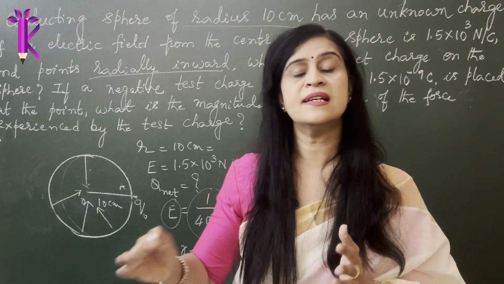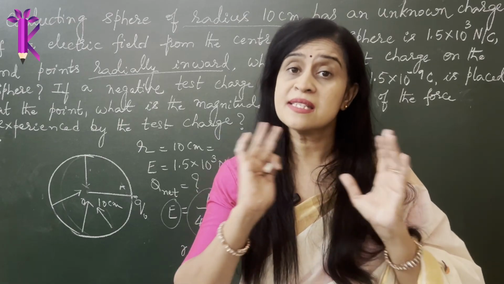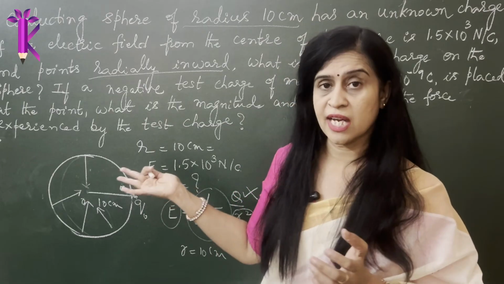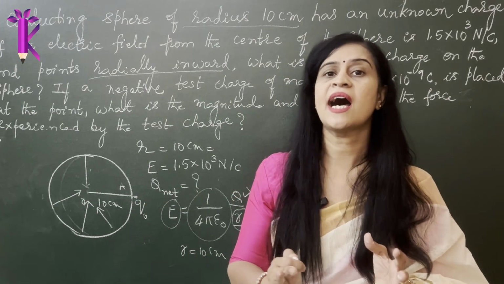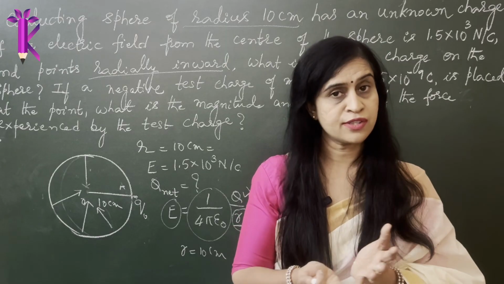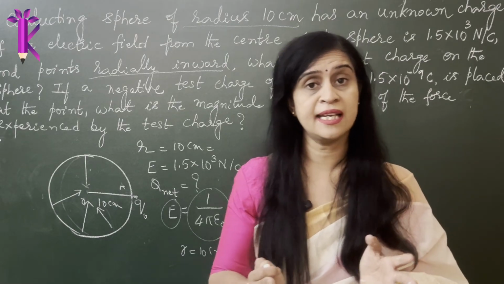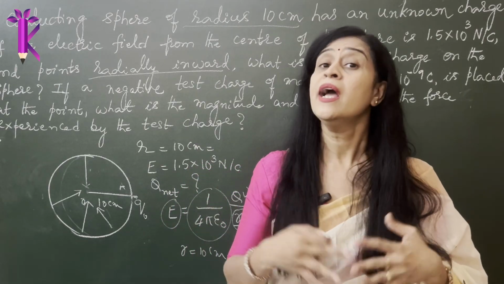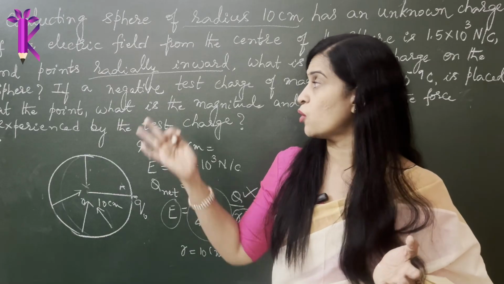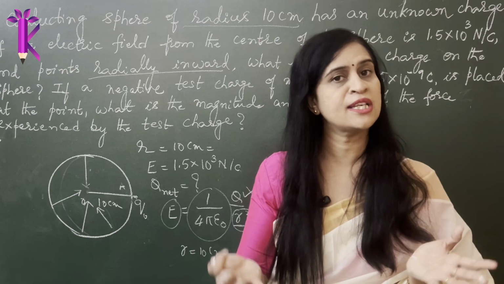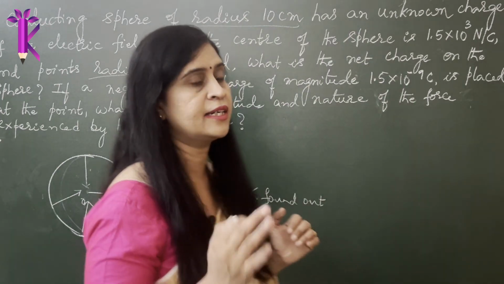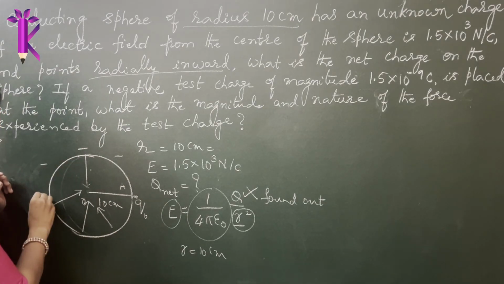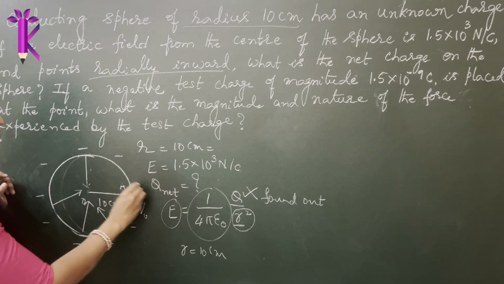Since it has been conceptually crystal clear to us in our last video on charge distribution, we assume here the charge resides on the outer surface of the conductor, because charge can never reside inside of a conductor or at the center of a conductor, and it's been clearly explained in my video. Anyone who is watching for the first time only for solving numericals, please do go watch it, make your concepts clear. It will be clear to you that it only resides on the outer surface of the conductor. So therefore the minus charge is residing only on the outer surface of the conductor.